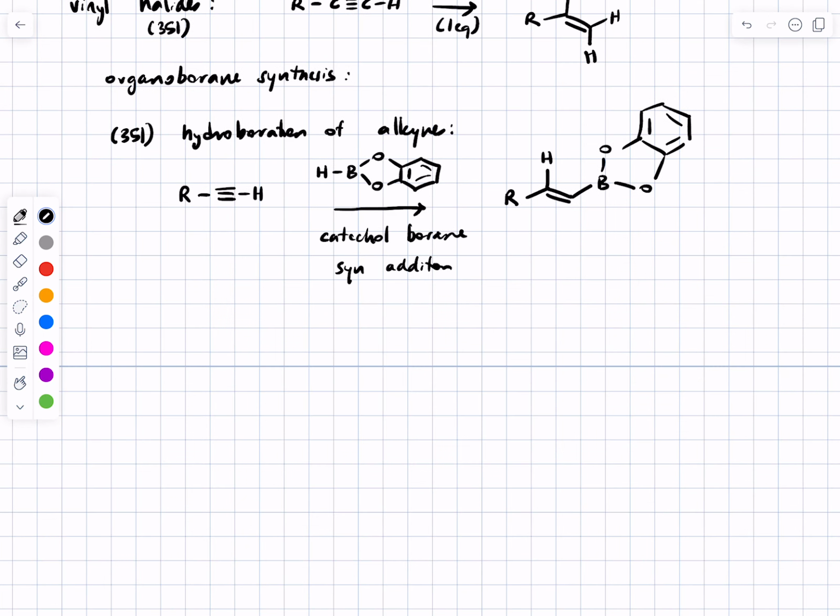That's a pretty standard way, but it's limited in the sense that it's syn addition of boron and hydrogen across the pi bond of the alkyne, which always gives you the E vinyl borane. Your text doesn't really push you to make Z vinyl boranes, though it may have you use them as starting materials in various practice problems. If you want to make an aryl